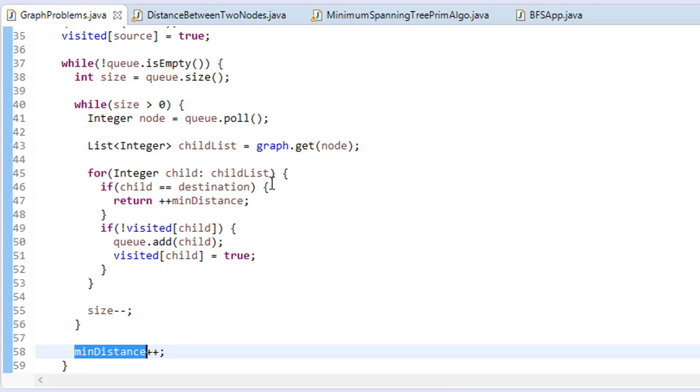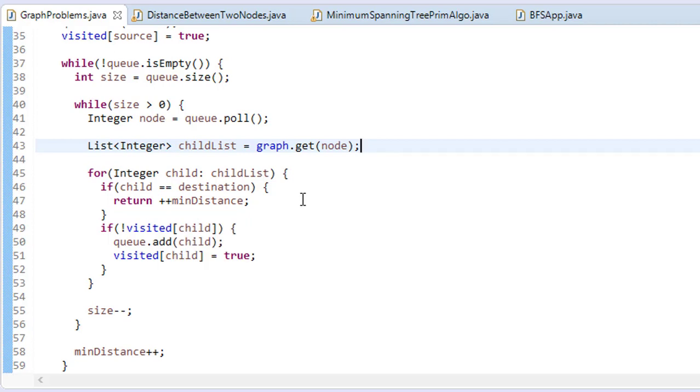First of all you will poll the element, then you will get all the neighbors of this one, all the children, meaning where it can go, and then for each child you will check if this child is equal to the destination. If it is equal to the destination, then right there we return the distance increased by 1, and then return the value, right?